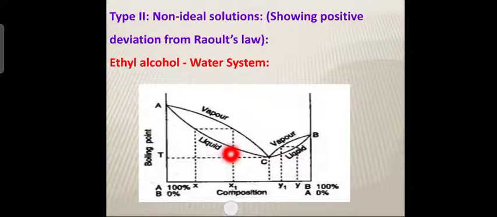Now you take this liquid, the X1 composition, and boil, it will boil at this temperature. And what about the composition of the distillate? The composition of the vapor phase will be somewhere here, that means it will be closer to the C point. So by continuing the process, you can get the vapor phase corresponding to the C point, whereas the boiling liquid will get composition corresponding to this. This mixture is called azeotropic mixture or constant boiling mixture.